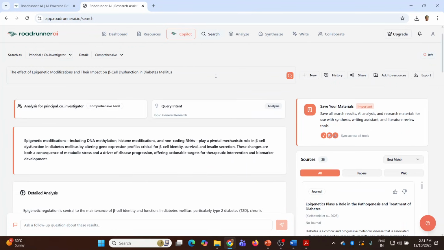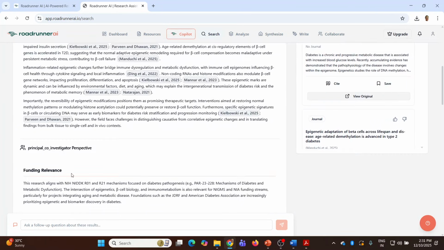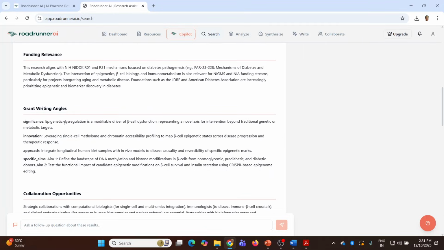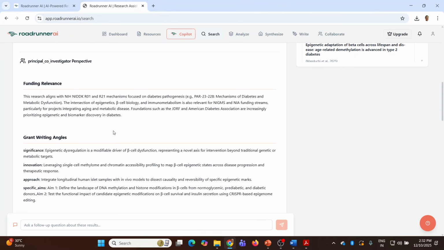So the result is ready. You can see this detailed analysis, funding relevance, grant writing angles, collaboration opportunities and publication strategy. One of the unique features